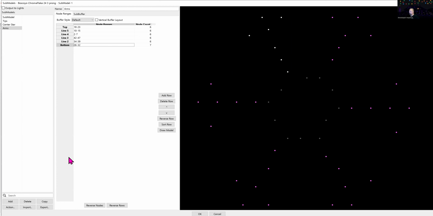Okay, so now I have created the arms in the submodel. Next thing I'm going to add in there is spokes. And each spoke is like that. There's going to be a slight gap in a couple of them, but this is a much older